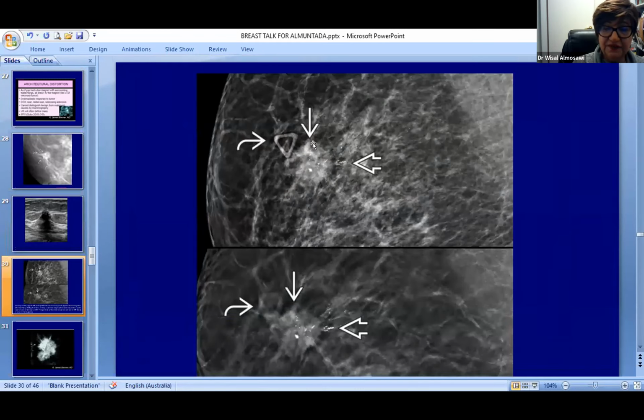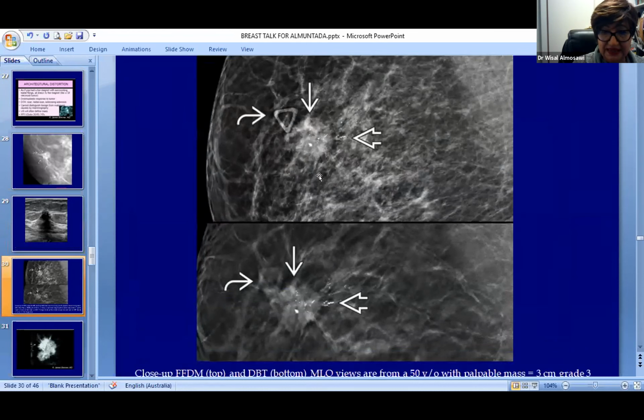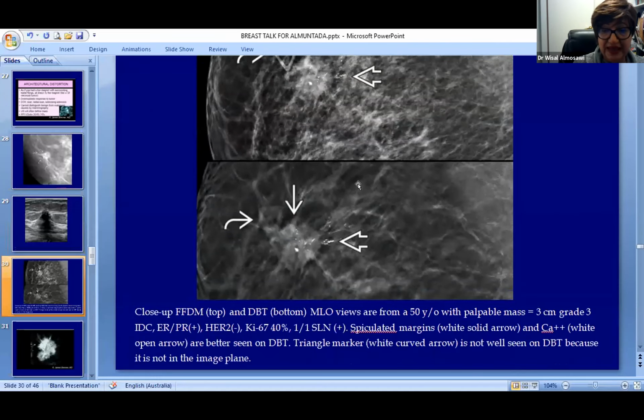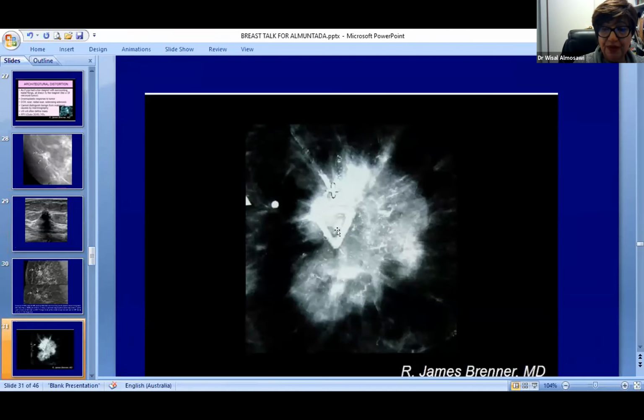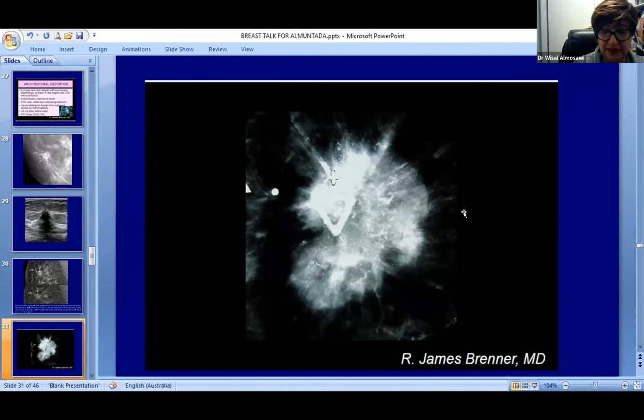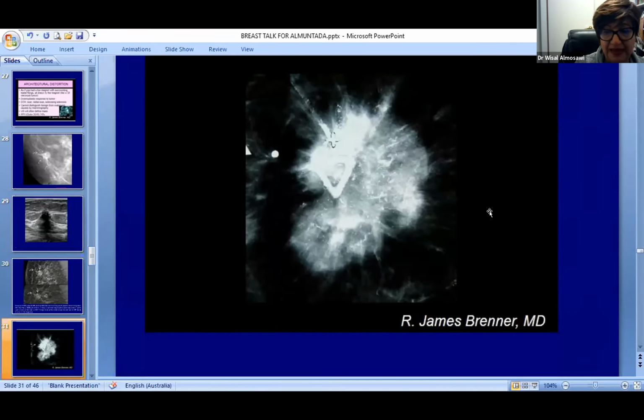When we see calcification in the mammogram and we want to biopsy it, we always put a marker because that makes it easier for the surgeon. When they want to go in and take the lesion out, they know where to go. And then when they take it out, we take an X-ray to make sure that they took the lesion which we marked for them. And we see the calcification, and we see the margin to make sure they got it with a clear margin, or if they need to go back in again.